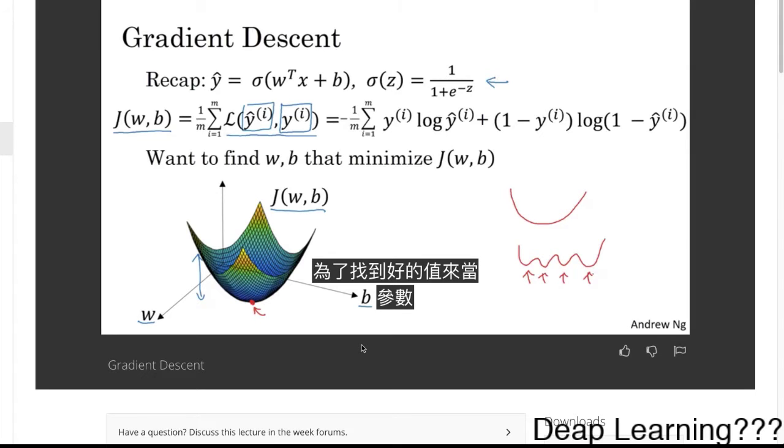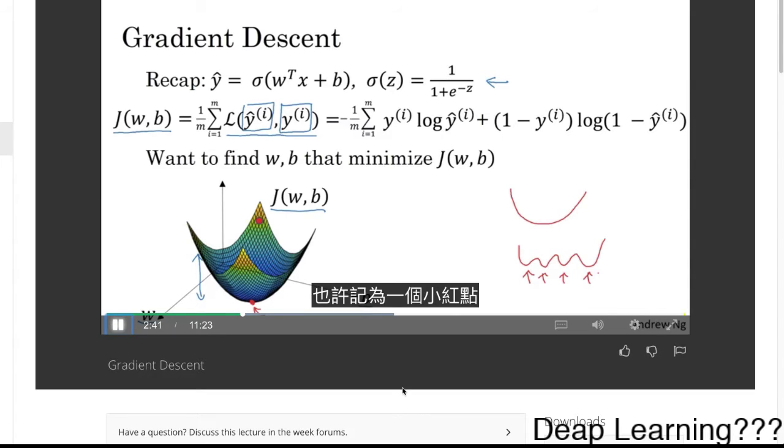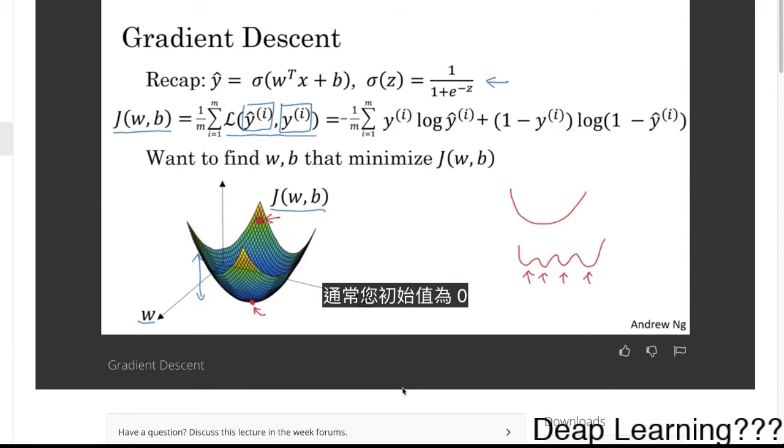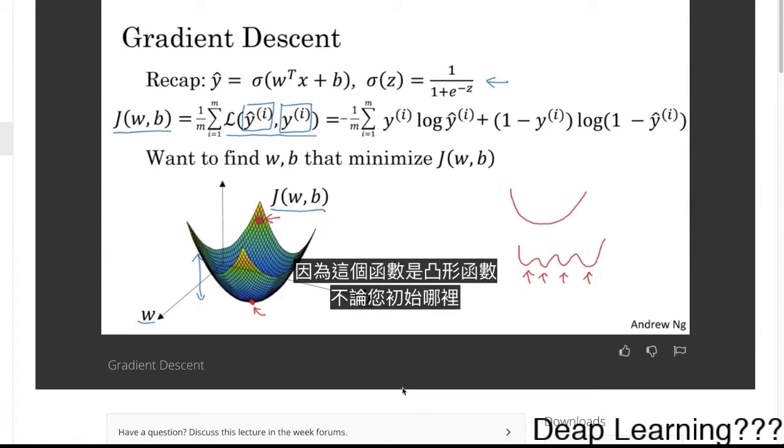So to find a good value for the parameters, what we'll do is initialize W and B to some initial value, maybe denoted by that little red dot. And for logistic regression, almost any initialization method works. Usually you initialize the values to 0. Random initialization also works, but people don't usually do that for logistic regression. But because this function is convex, no matter where you initialize, you should get to the same point, or roughly